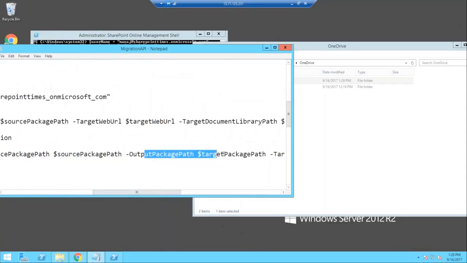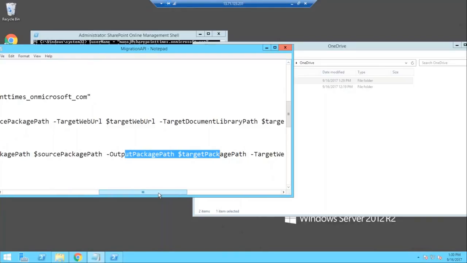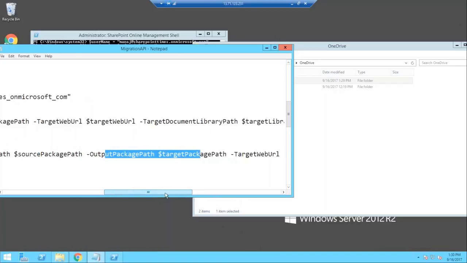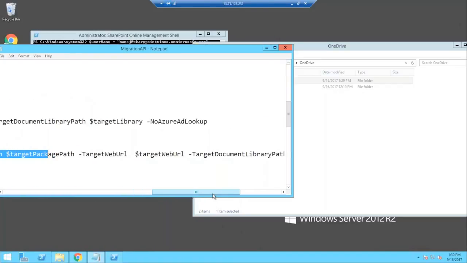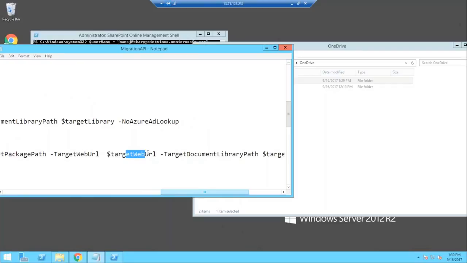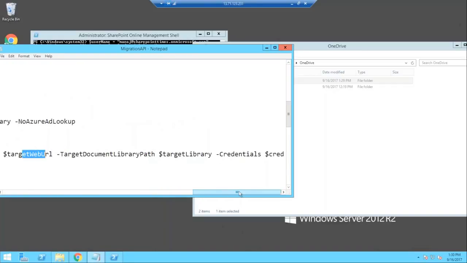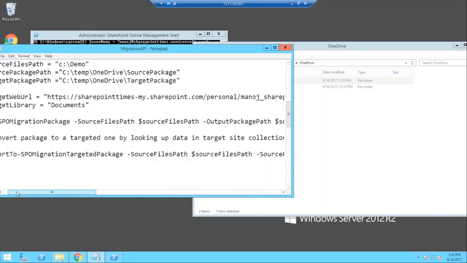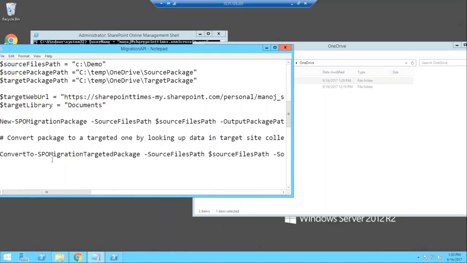After that it will move to the output package path, which will generate those XML files as per the URL, our target site and library. And after that, the same web URL and the document library path. No other variables, just credentials, a straightforward command.